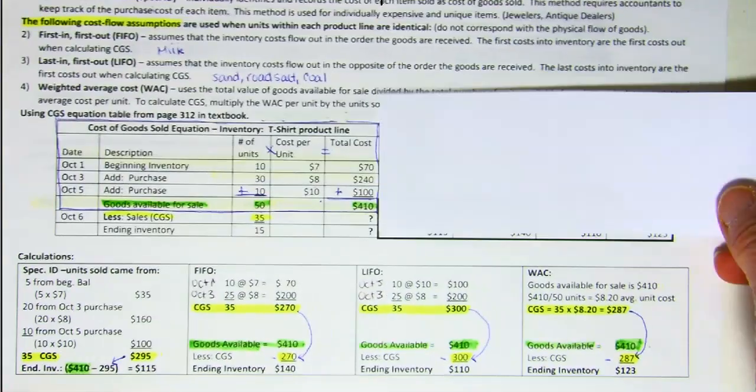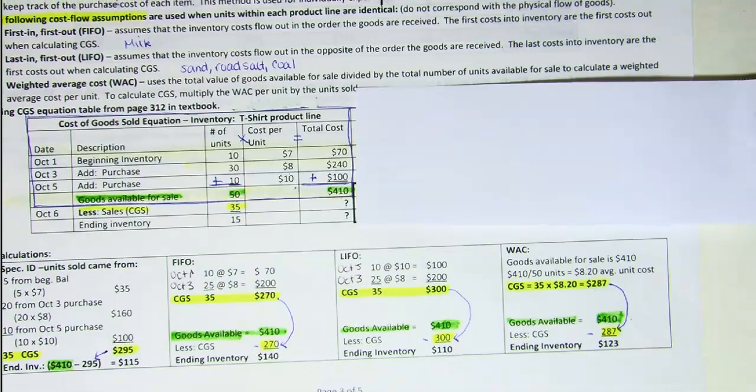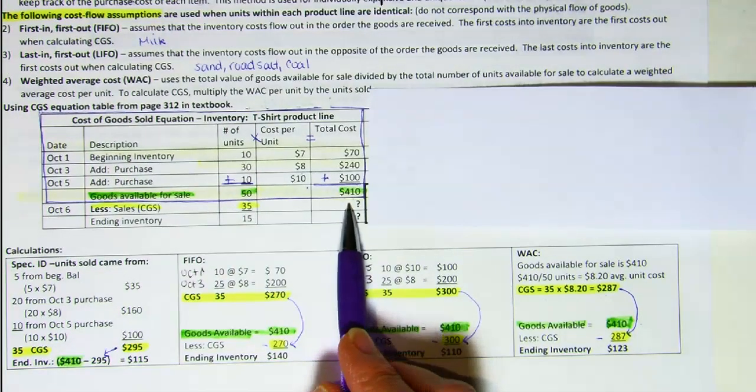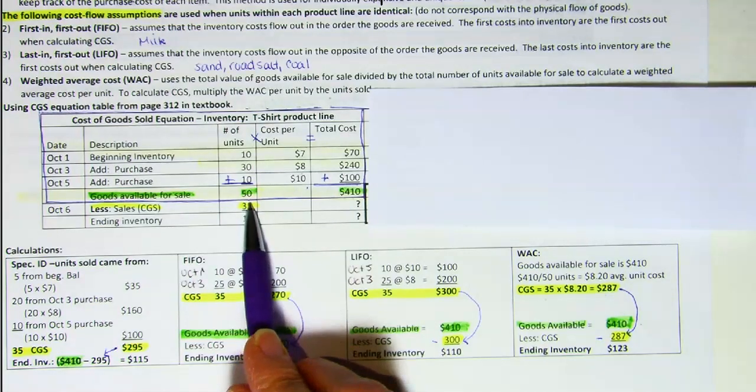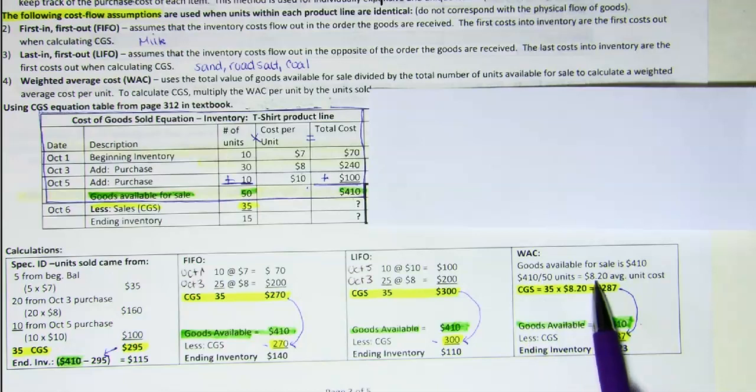Now the final method, and this is the easiest method, but for some reason it's the one that students often struggle with on tests. We take the dollar value of goods available for sale, $410, and divide by the number of units available for sale, 50 units, and that gives us $8.20 average cost per unit. 410 divided by 50 is $8.20 average cost per unit. Just multiply that by the units sold. That will give you the cost of goods sold,